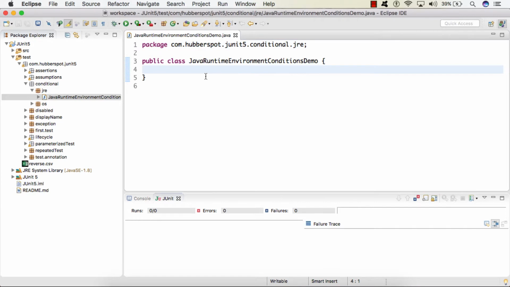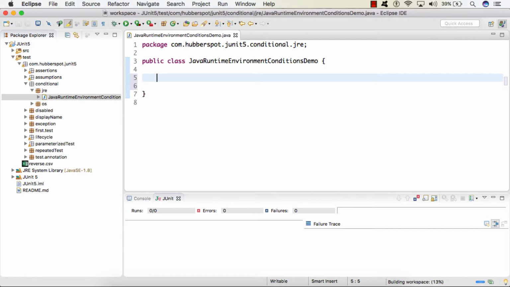So friends, inside this test class, we will see the demonstration of @EnabledOnJre and @DisabledOnJre annotations. We will also see how these annotations enable or disable a test on particular versions of Java. So here inside this test class, I will be creating a method. Let's say I give a name to this method as enableOnJava8,